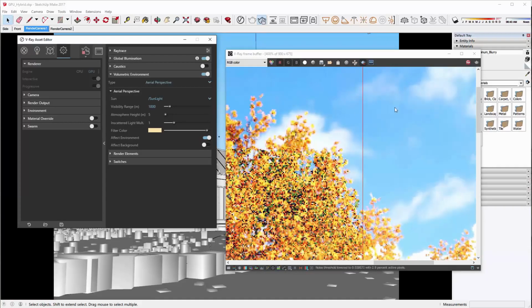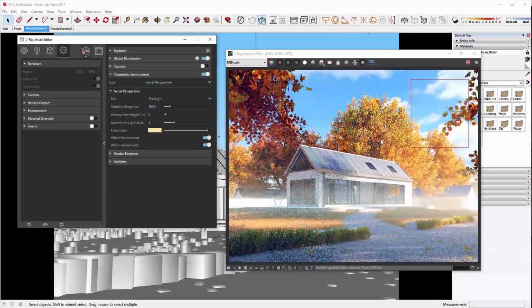So V-Ray updated, and right now the environment and the background are not affected. But like I said, you should keep the environment and the background always affected, unless you have a different thing in mind. You have a specific goal. So that's about the aerial perspective.